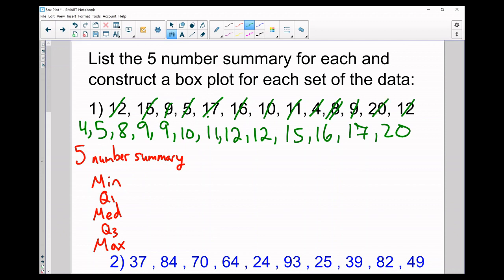So I have 1, 2, 3, 4, 5, 6, 7, 8, 9, 10, 11, 12, 13. So I should have 13 down here. 1, 2, 3, 4, 5, 6, 7, 8, 9, 10, 11, 12, 13. So I have 13, so that helps me notice that I do have the numbers there. Okay, now once they're in least to greatest,